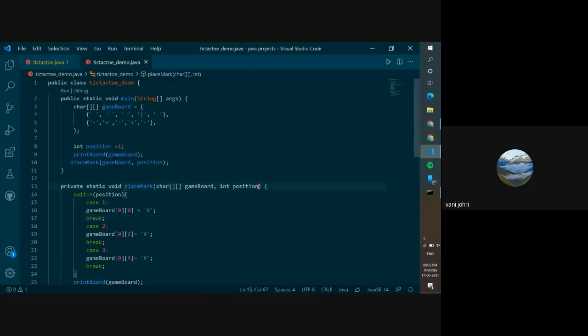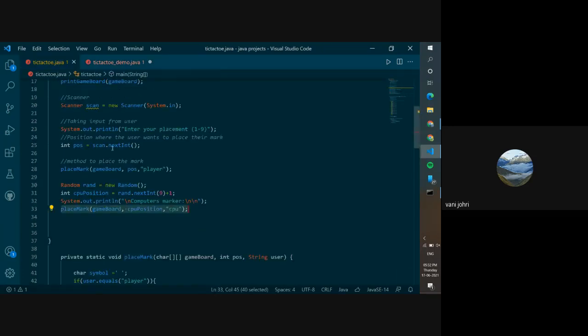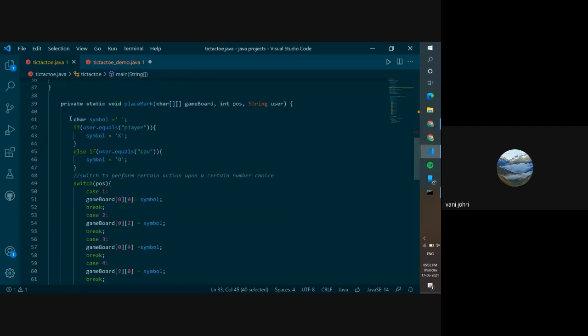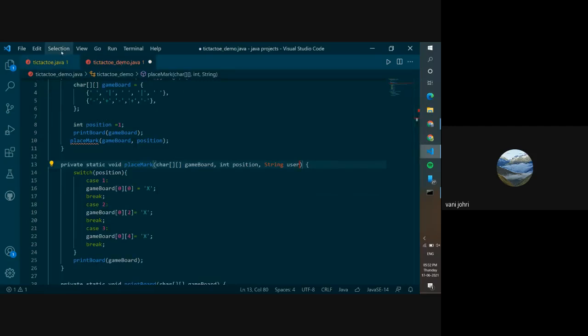I'll just do it over here. See, you will add another over here. You will add a string user. Okay. And now I'm just copying it from here because it's better. Just copy this. Still 3, right?